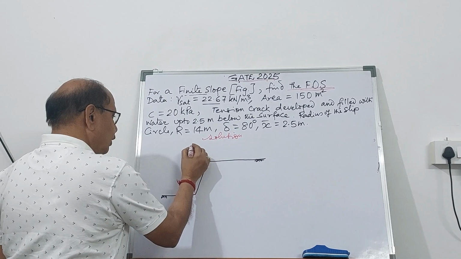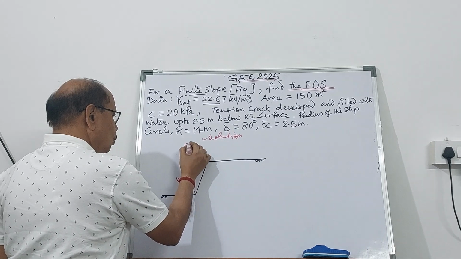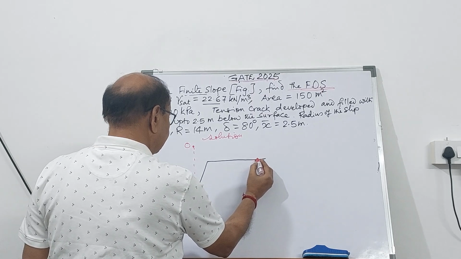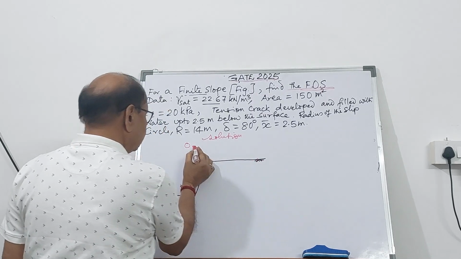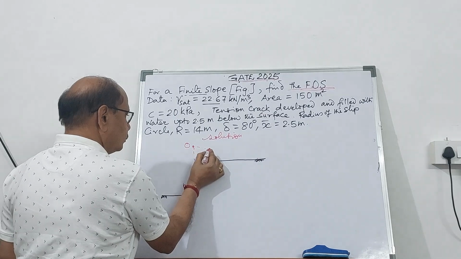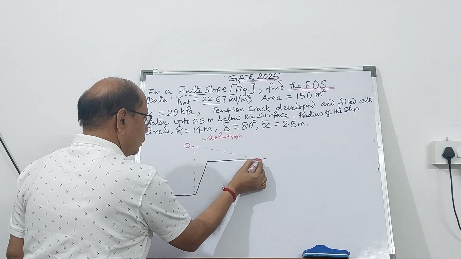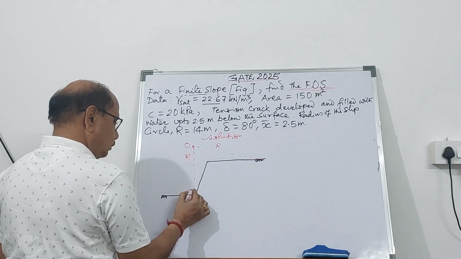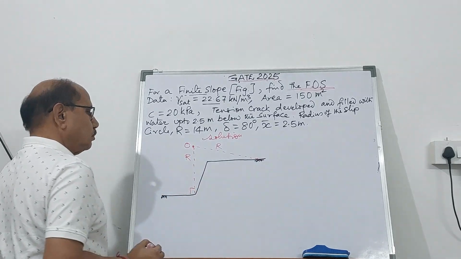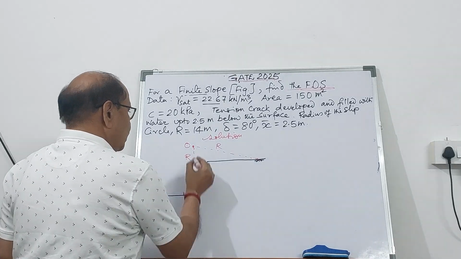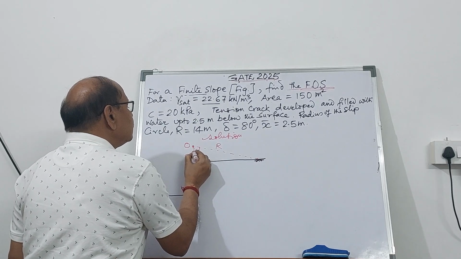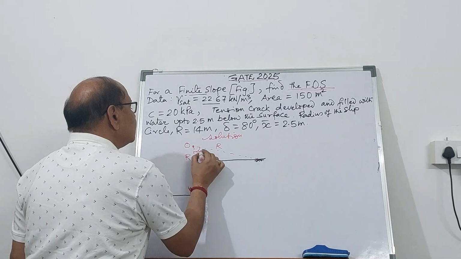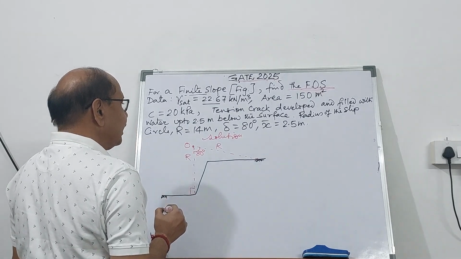This is the center of rotation, O, and this side the radius. This angle is called angle delta, the central angle, which is 80 degree,